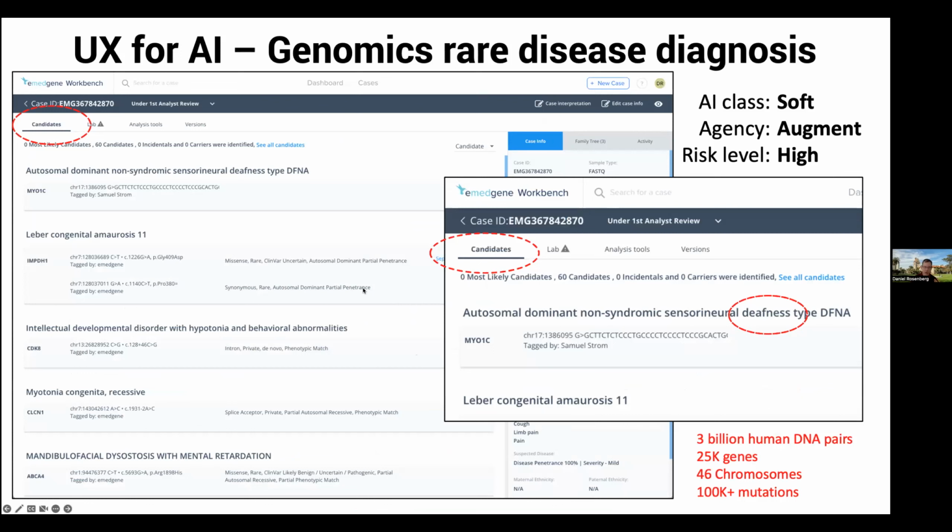Now, you go one screen deeper in and click into the case, and the AI behind this has basically said, okay, based on all of the variants that you're looking at in the human genome, what are the most likely gene variations that are not normal, and all the data.